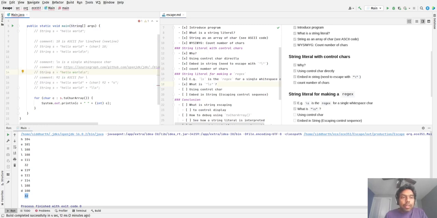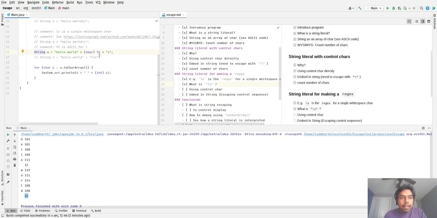Now, how do you actually add slashes for regular expression? So one way to do it is to do what we did for \n, which is you add the ASCII code for backslash, and then you add an s to the end of the string.